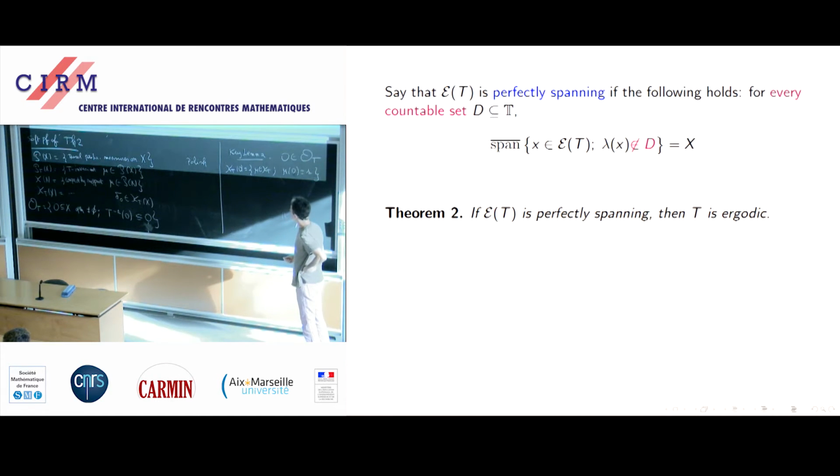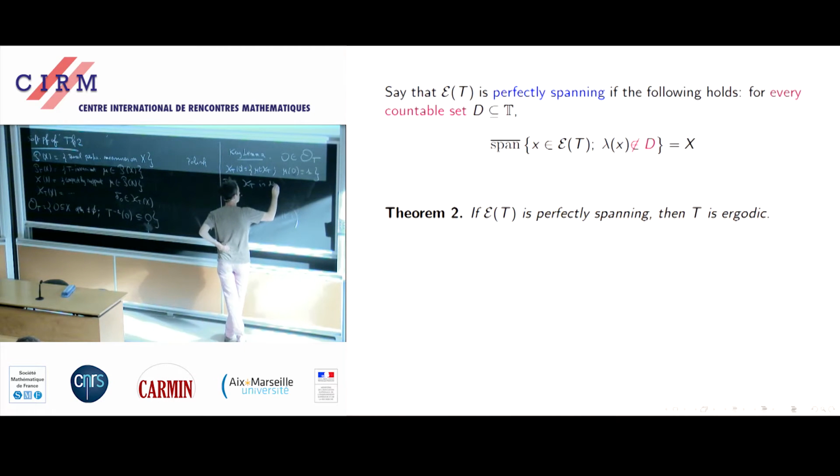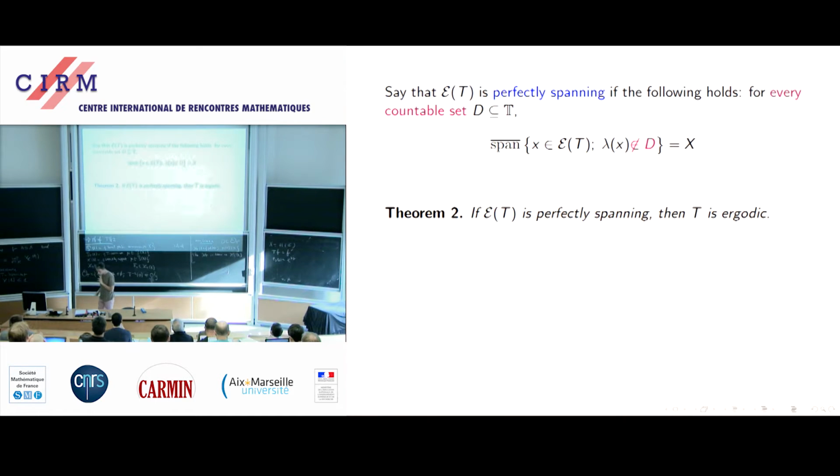Then, in fact, this set is dense in K_T of x. Okay, so this is not quite obvious. This is the key lemma, but if you have this, then this is okay because